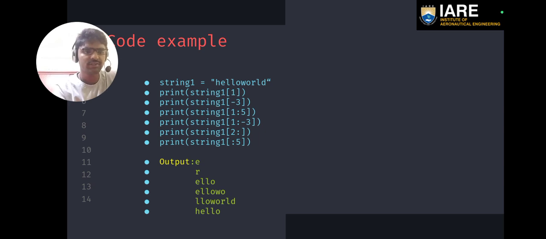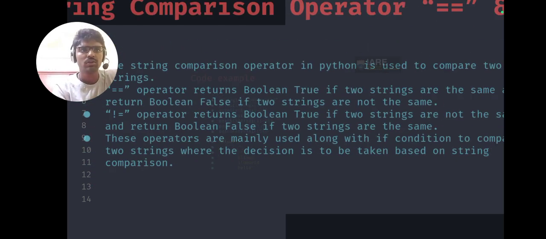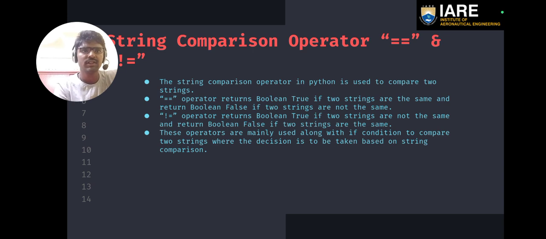So the syntax for this code is variable name, square brackets, start colon end colon step. So this is the basic syntax for string slicing. So coming to string comparisons, the string comparison operator in Python is used to compare two